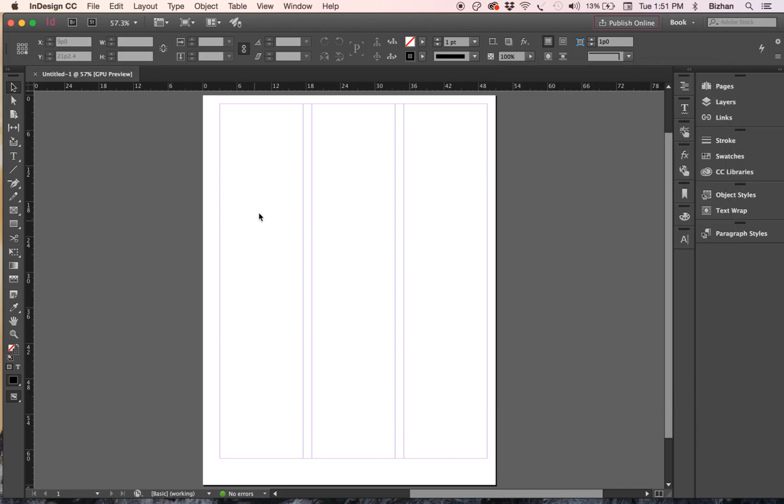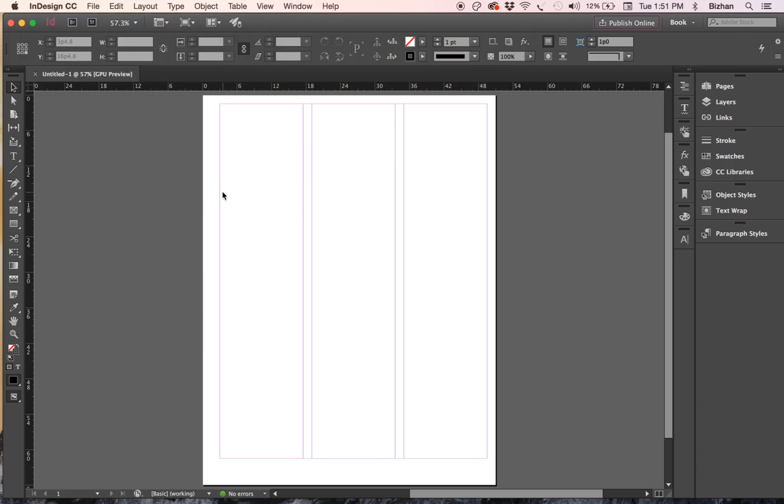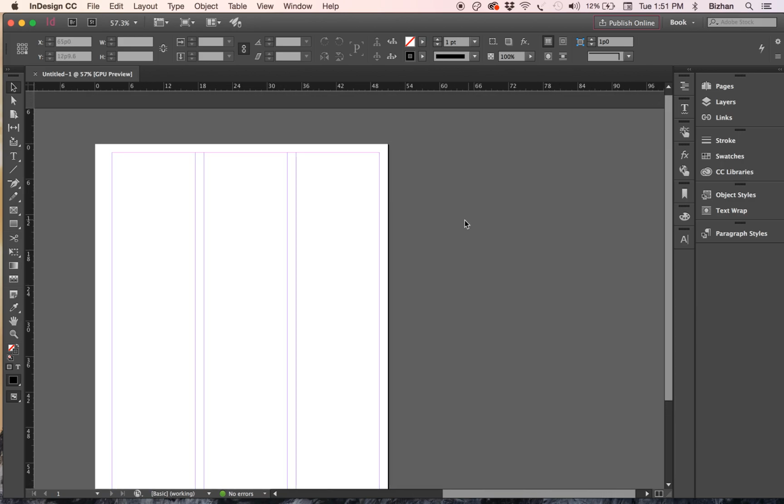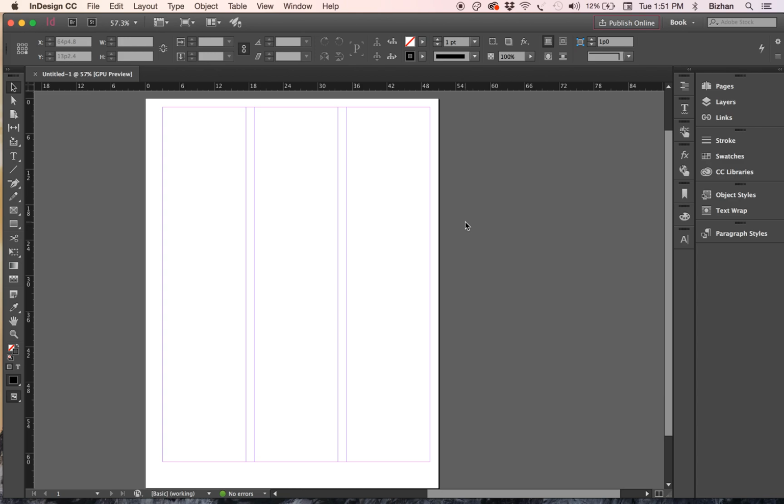In it, the architecture is very similar to all the other programs. You have a left toolbar, you have windows on the right, you have your control panel on the top, tabs, just like before for multiple files, and then you have your drop-down menu on the top of the screen. So everything's kind of the same. The only major difference is your ability to utilize pages, which you can still do in Illustrator, but it's a little bit different. It's actually more appropriate for this